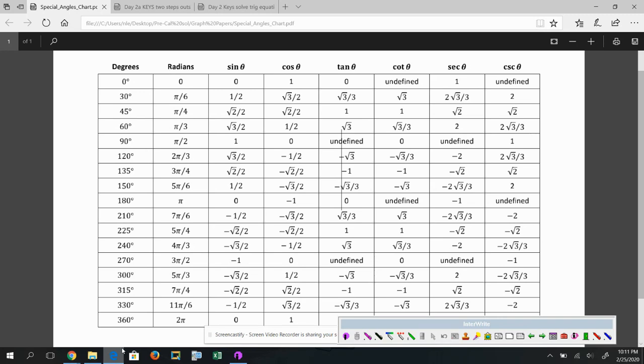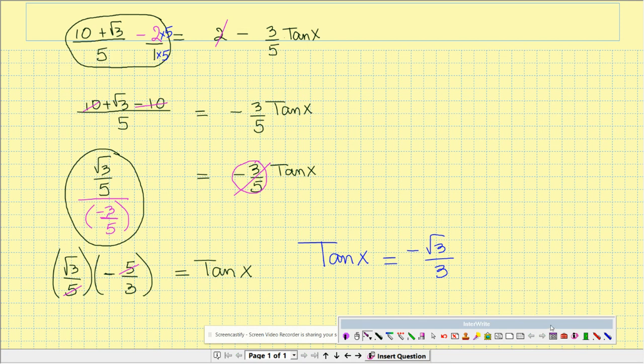If we go with radians, it will be 5 pi over 6. And we'll continue again. The next angle will be 330 degrees. Okay. So let's write our answer in degrees. So therefore we can conclude that our answer x is 150 degrees, or x